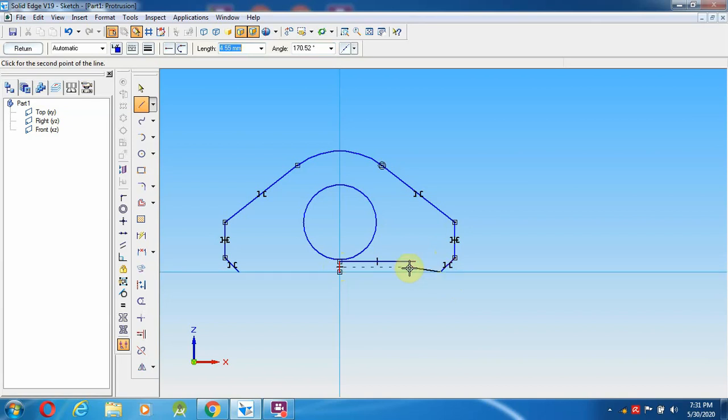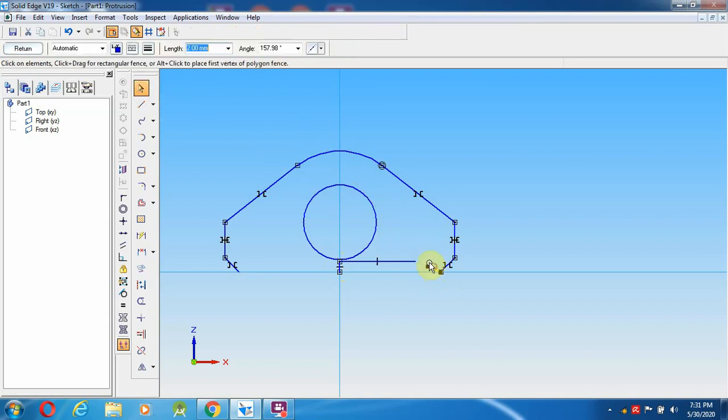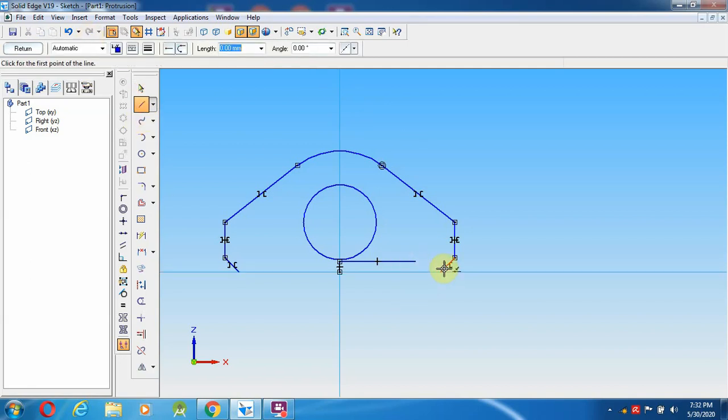So from here 2 mm distance. So for those 2 mm, the angle of 180 degrees, in those cases you can delete and redraw it. That is the better option.